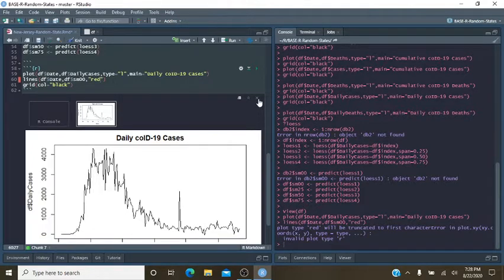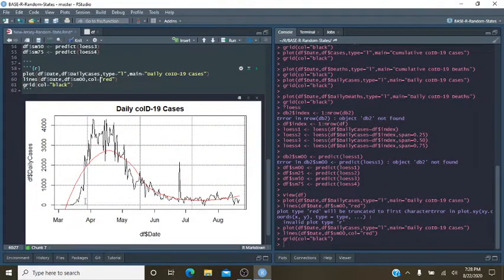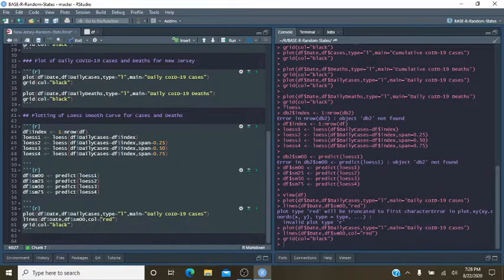Oh, I forgot the call function here. And now we have the default curve. Let's just do this. Let's just plot